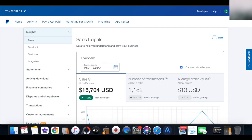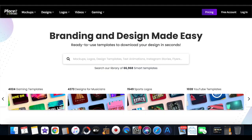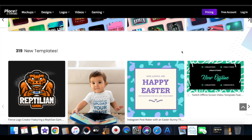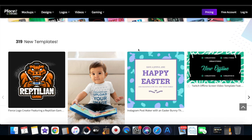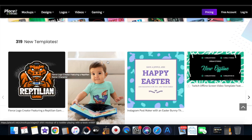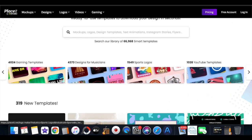When you want to sell digital products, even if you don't want to start a social media agency, another thing you could do, you can create album artwork, you can create logos, you can create different gaming templates, you can create YouTube introduction videos, right? And you can do all of this by joining a website called placeit.net, which you create these digital products. You can list them on Fiverr. You can build a website around digital products. You can even build Instagram pages and offer these, and you can run advertisements, showing what services you can deliver,